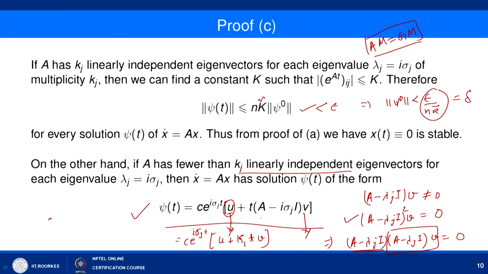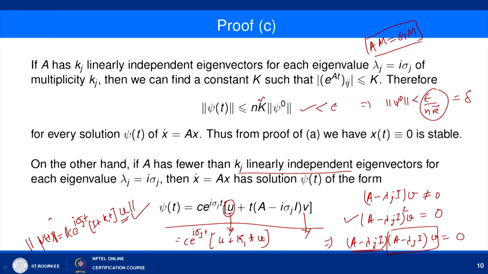So in place of (A minus lambda j I) v, I can write k1 times this u. If we write k1 times u, then psi t can be written as c e to the power i sigma j t u plus k1 t times this u. Now, I can take this u out, and we simply say that we have psi t equal to c e to the power i sigma j t, (1 plus k1 t) and u here. Now, if we take the norm here,